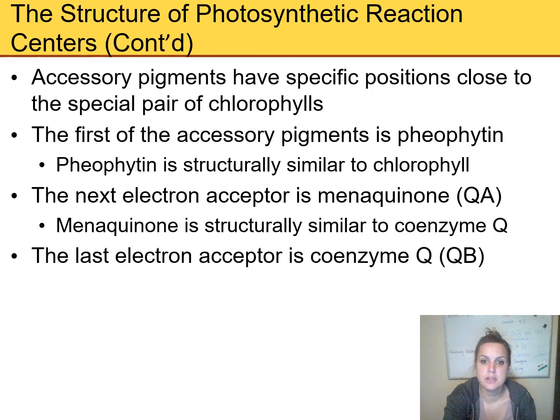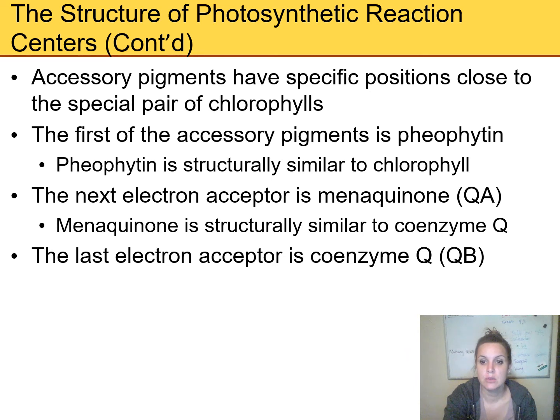So I talked about accessory pigments before, but basically I want to point out they have specific positions close to the special pair of chlorophylls. So you have chlorophylls all over the place, and then there's this special pair of chlorophylls that are the ones that are going to be excited. The first of the accessory pigments is this pheophytin. Pheophytin is actually very similar to chlorophyll, and that's going to accept excited electrons, but the next electron acceptor is